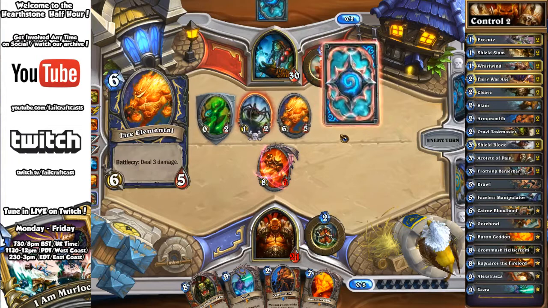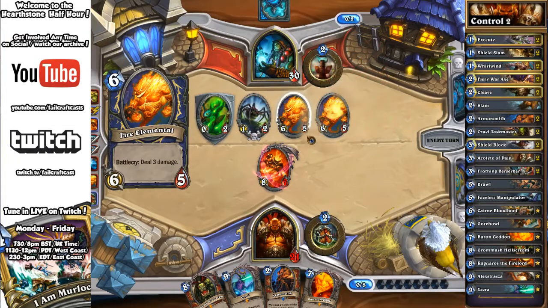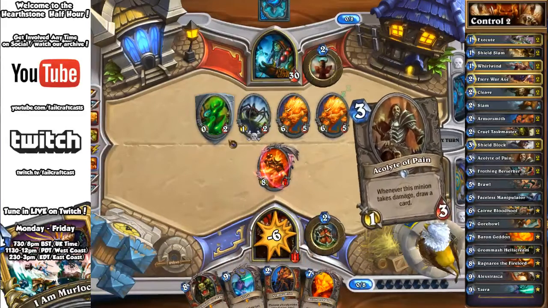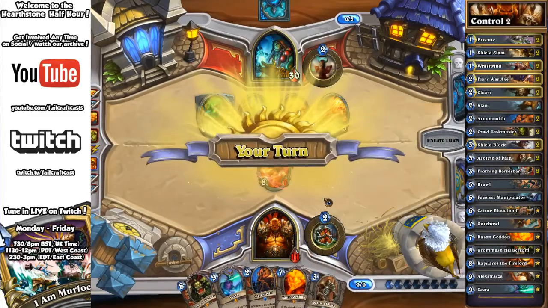Ysera will give him something to think about. Down goes another Fire Elemental, puts him in reach of 1. No, he's just going straight to the face, because he knows that I can't deal with that, because, very simply,